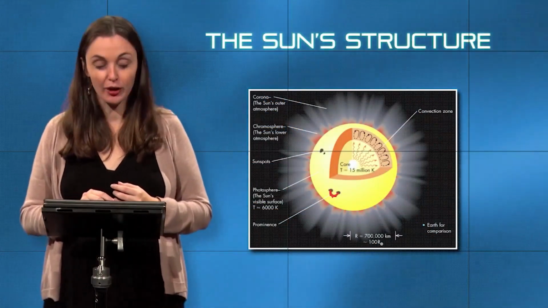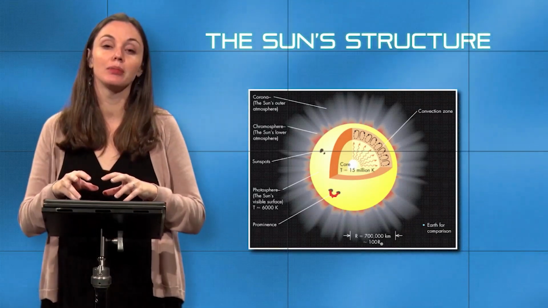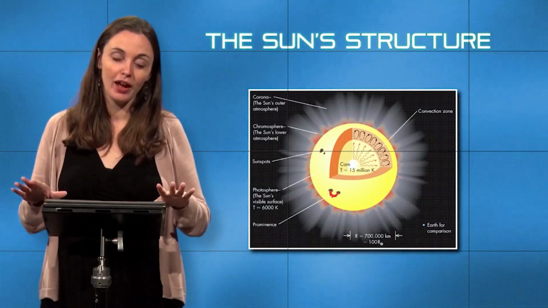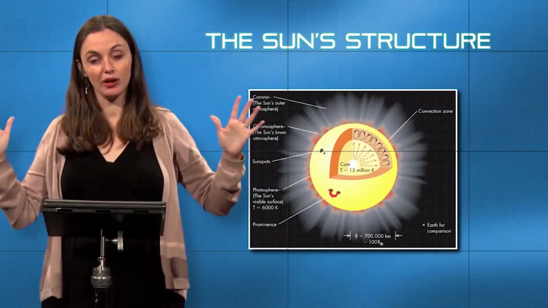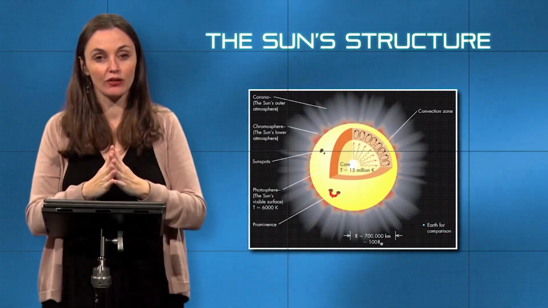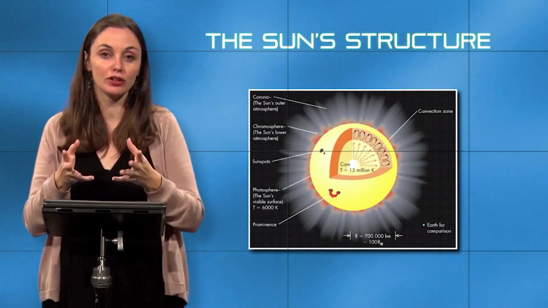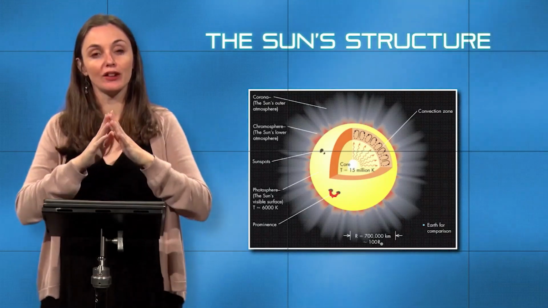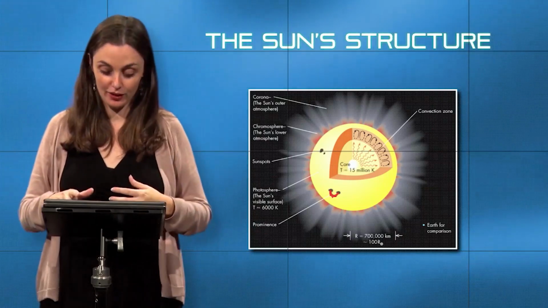So the next thing that we're going to talk about, specific to our sun, but utilizing information that we can then apply to other objects out in the night sky, is the basic structure of the sun. And the way I'm going to approach this is going from as far away from the sun as possible to going inwards. So the very last thing that we're going to cover is the very core of the sun, what kind of temperatures it contains, what kind of material it's made out of, how it's converting energy, and so on. And we'll start with as far away from the sun as possible and is still influenced by the sun.